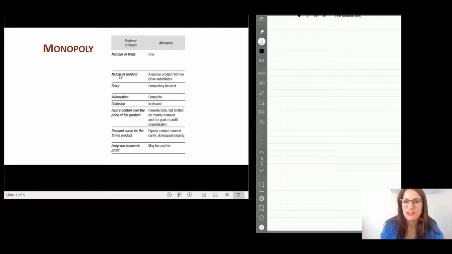Now, a monopoly itself is very scarce. It's very rare that you get a pure monopoly, because a monopoly is obviously only one. It's where close substitutes do not exist. You have information about this topic, and collusion between firms is irrelevant because there is only one firm that produces this good or service. It has control over the market price. The demand curve, I will show you now how it looks, and also you can make a long run